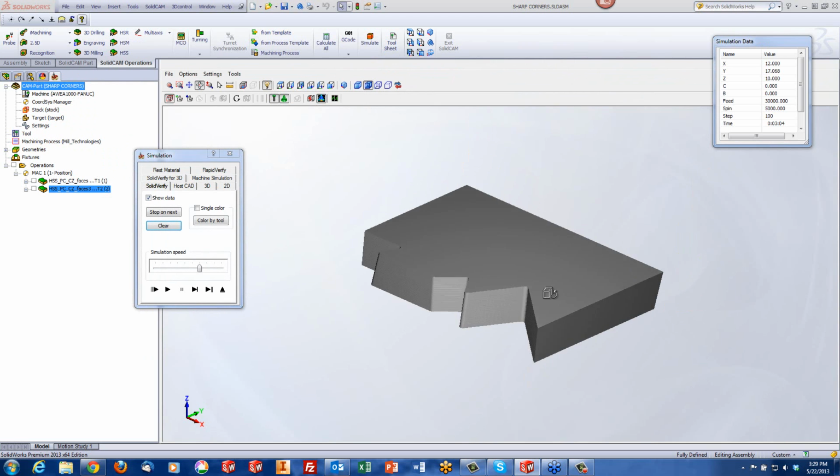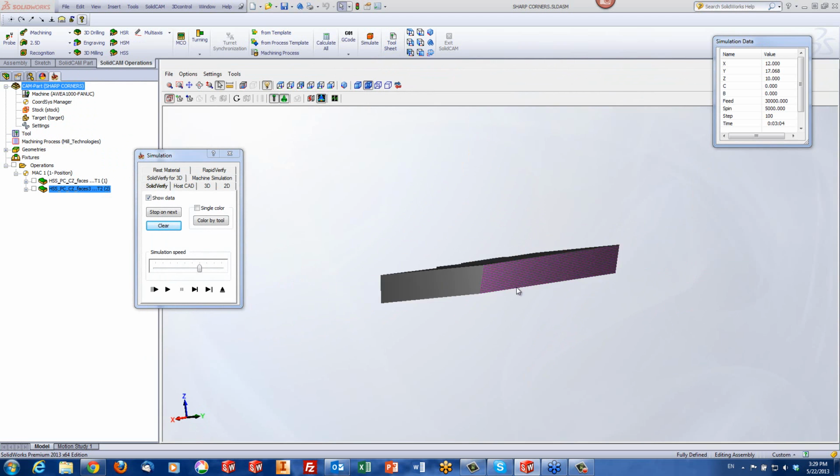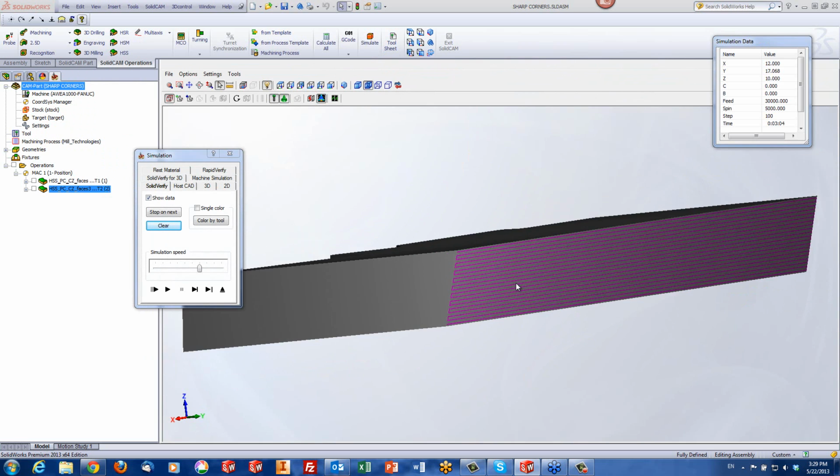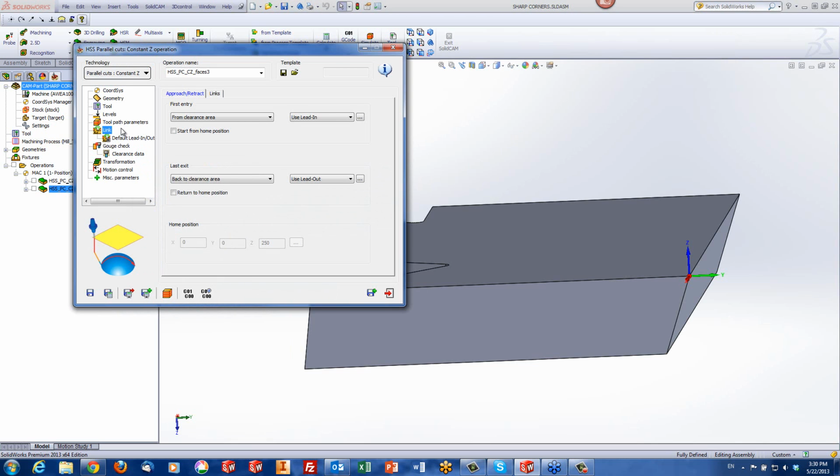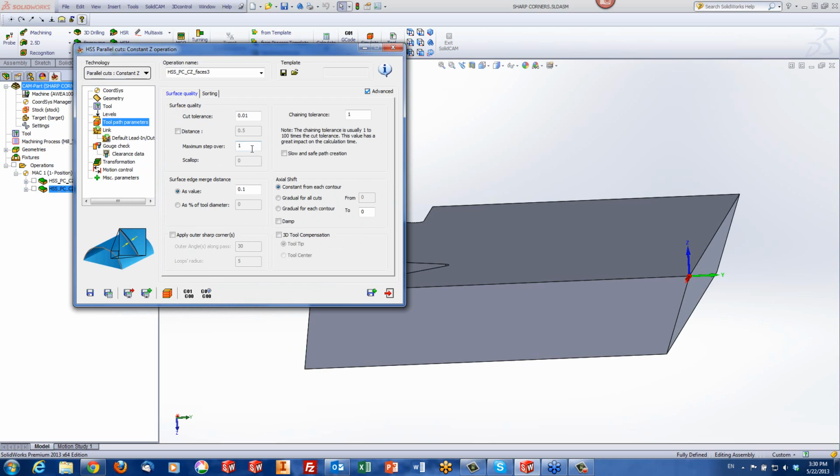And as you see, the tool worked on those surfaces. Actually the tool path is pretty far apart. That's because I didn't make any changes as far as the toolpath parameters, as far as the step over. I'm going to leave it at that because that's not what I want to show you right now. Now,